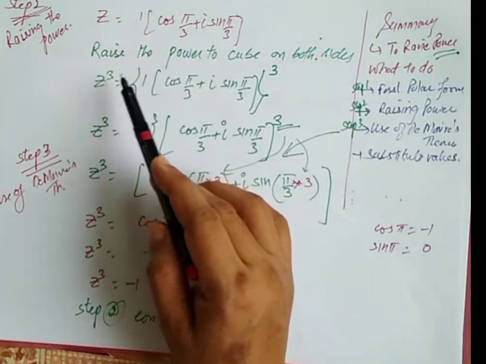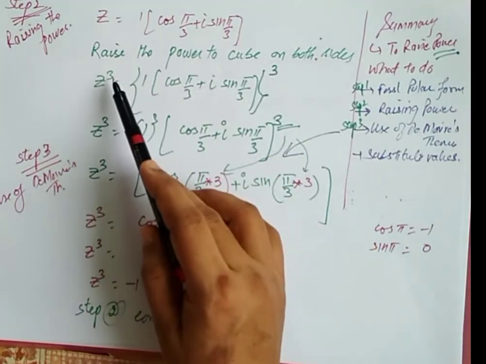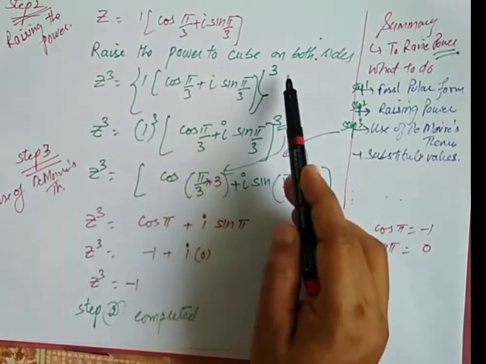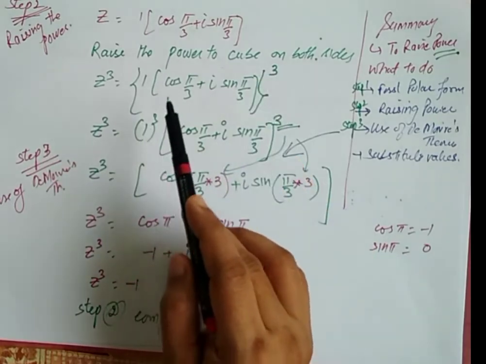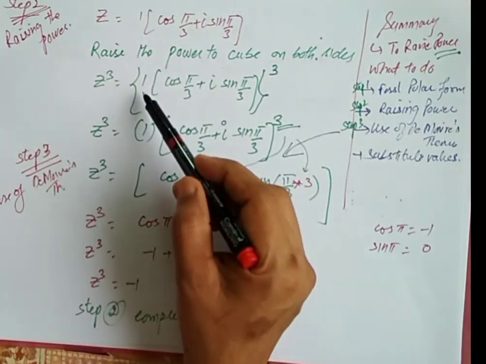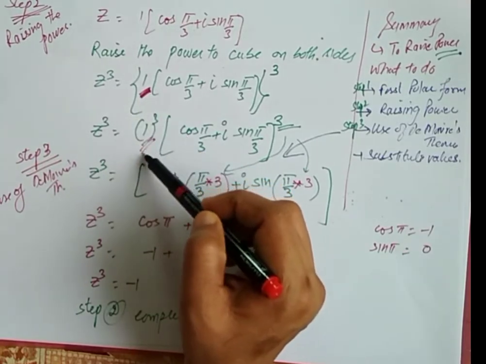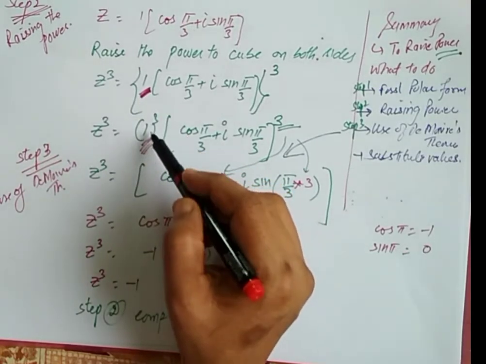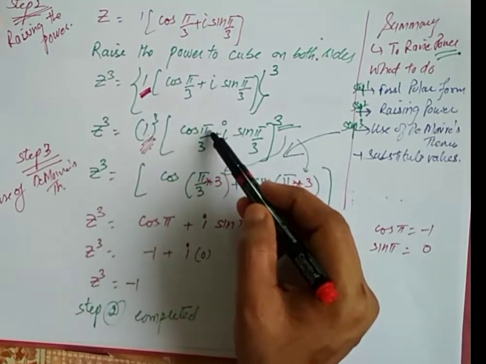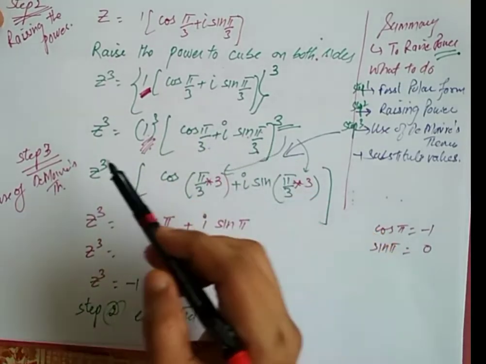Second step is raise the powers. क्यूब फाइंड आउट करना है तो दोनों तरफ मैंने क्यूब किया है, 10th पावर करनी है तो यहाँ 10 करेंगे, 20 है तो 20 करेंगे, 100 है तो 100 करेंगे। और जब हम क्यूब करेंगे तो ये याद रखना है कि जो यहाँ पर r की वैल्यू है, जो हमारा मॉडुलस है, उसका भी क्यूब करना है, वो हमें भूलना नहीं है क्योंकि ज्यादातर गलती वही हो जाती है। देन cos पाई बाई 3 प्लस i साइन पाई बाई 3।